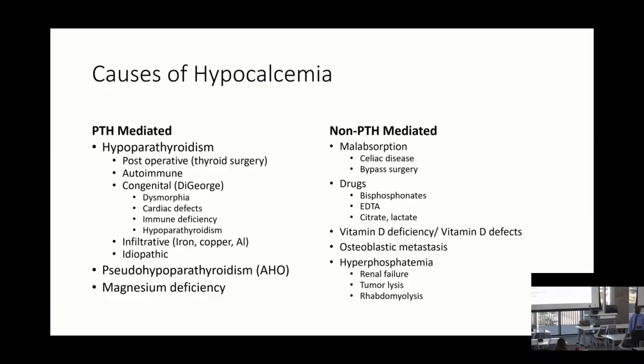Or you can have infiltration of the parathyroid gland by iron or copper, okay? That infiltration can cause loss of function. So hemochromatosis, for example, excess iron, that can lead to multiple endocrine organ failure. It's a known cause of hypofunction of endocrine glands. Then idiopathic. And then you can have pseudo-hypoparathyroidism, okay, which is where you have